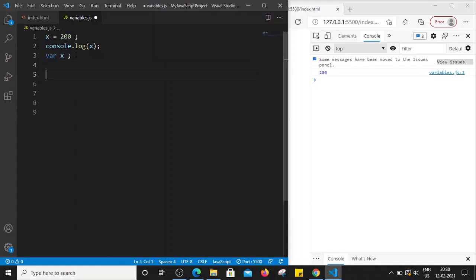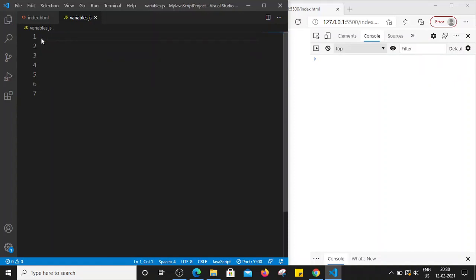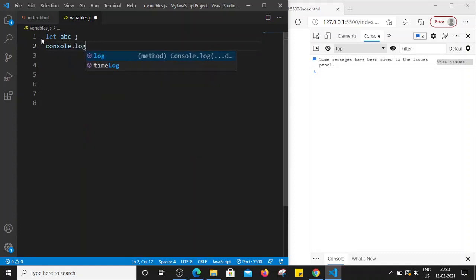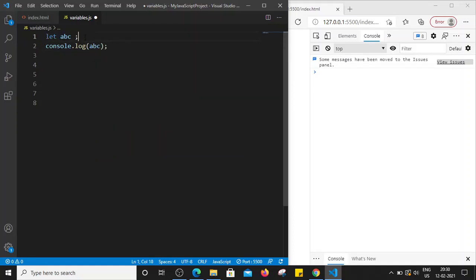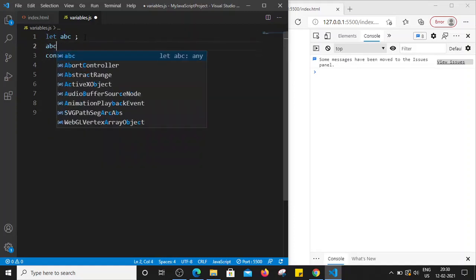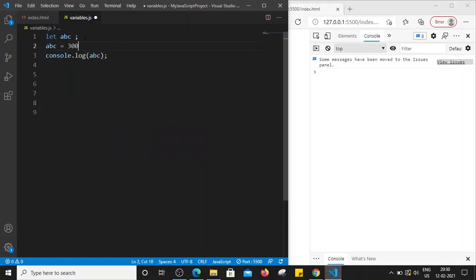Now let's check what happens with let. So I'm just going to remove this. Let's first declare let abc, console.log abc, and let's assign some value as well: abc is equal to, let's say, 300, semicolon.